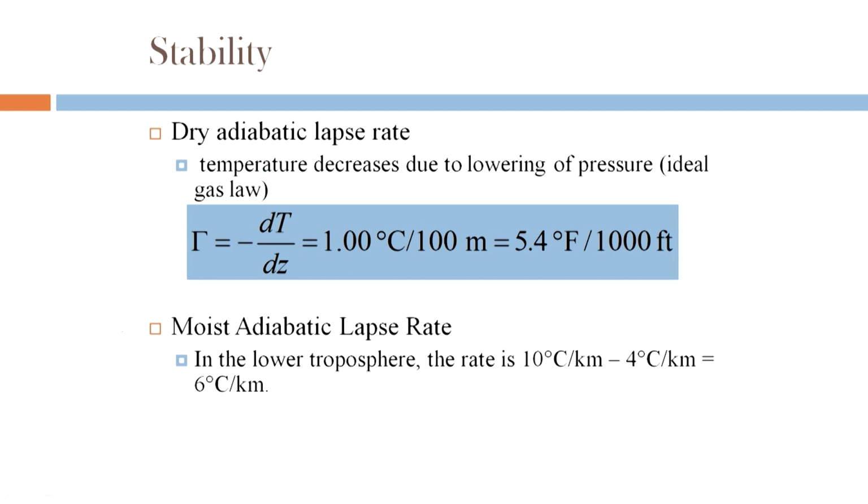So, stability, let us just have a quick recap. So, dry adiabatic lapse rate, temperature decreases due to lowering of pressure, and what is that value? It is 1 degree centigrade per 100 meters. But again, keep in mind that we have been so far referring to it as dry adiabatic lapse rate. If it is moist, it is relatively different. It is 6 degrees centigrade per kilometer, or 0.6 degrees centigrade per 100 meters, right. So, relatively lower again, but most of the industrial emissions from industries typically follow the dry